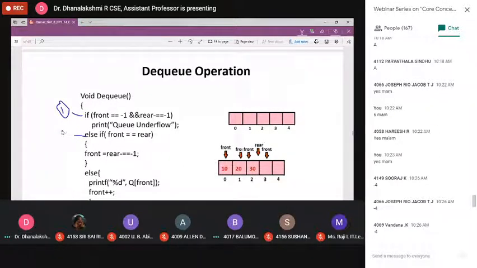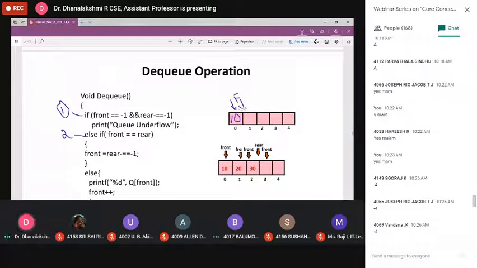Note it down, this is my second condition. What we have to do if front and rear are equal to the same value? Consider now I have only one element in the queue. Here front will be pointing to the 0th index and rear will also be pointing to the same index.